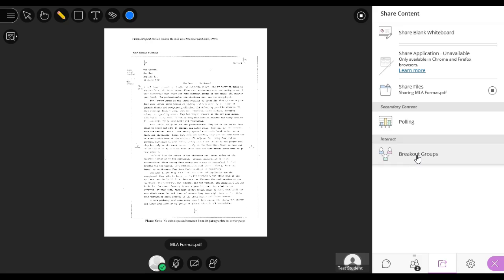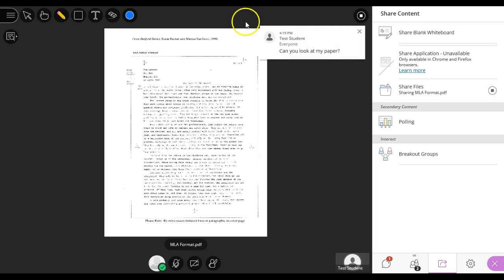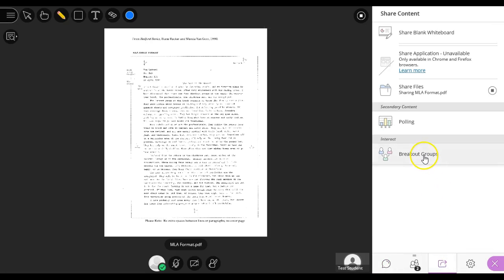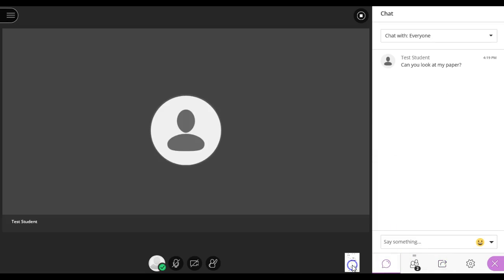This would be if I need to meet with a student one-on-one. You would send me a chat message about something like, can you look at my paper? So if I get a message, can you look at my paper, then yeah, I would go ahead and create a breakout group. So just you and I would be meeting and talking. We'd take a look at your paper. Some of the other things you can do if you come back here,